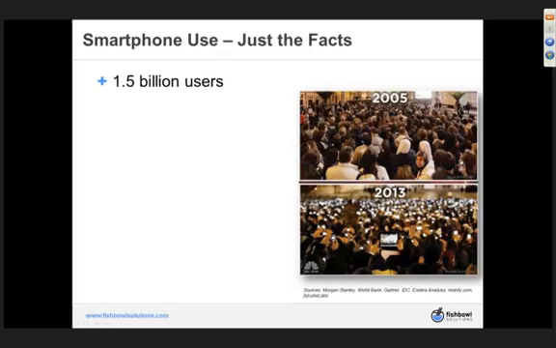So I don't think it should come as a surprise to anyone that smartphones are popular. In fact, you probably know more people today that use a smartphone than those that don't. Industry statistics for the mobile market state that of the 5 billion plus mobile users in the world, 1.5 billion of them are on smartphones. And one anecdote that stood out to me as I was researching some stats regarding mobile and smartphones